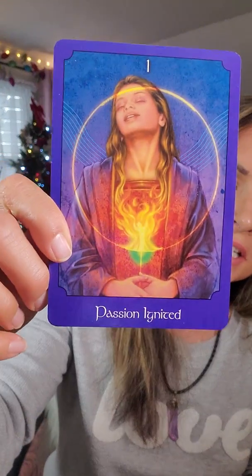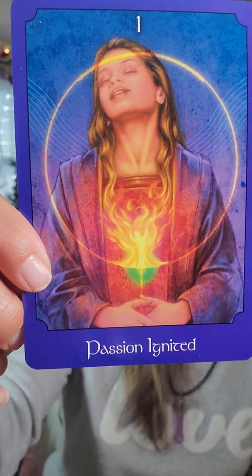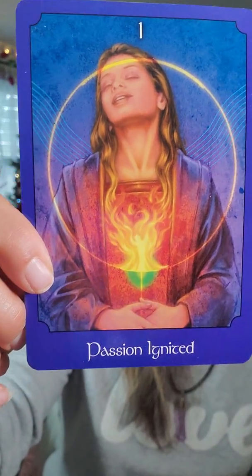Don't do it to the point where you're impulsively doing it, but more like you plan for it. I always talk about plans, and your passion is ignited, as in this beautiful card. Follow your heart. That's another thing. Following your heart means so much, does so much in your life. When you follow what your heart is saying,